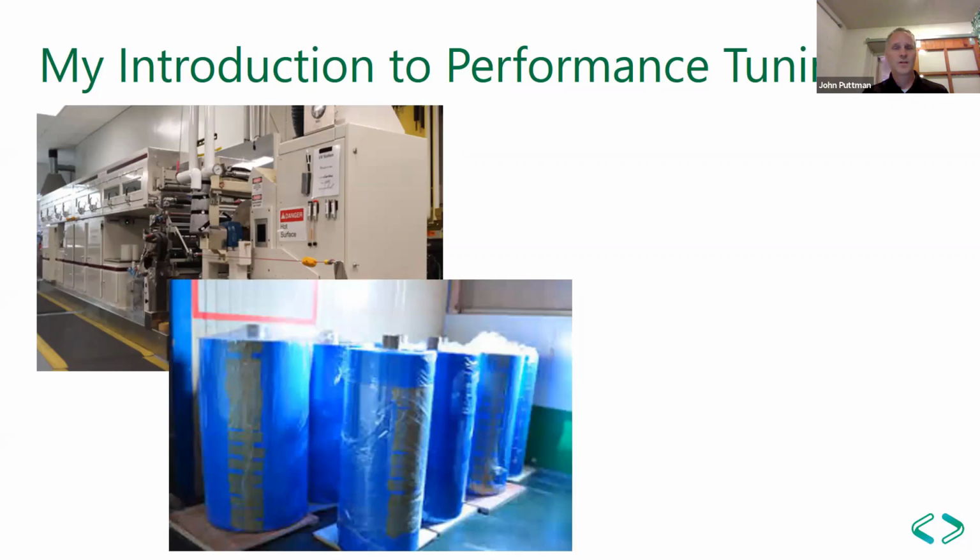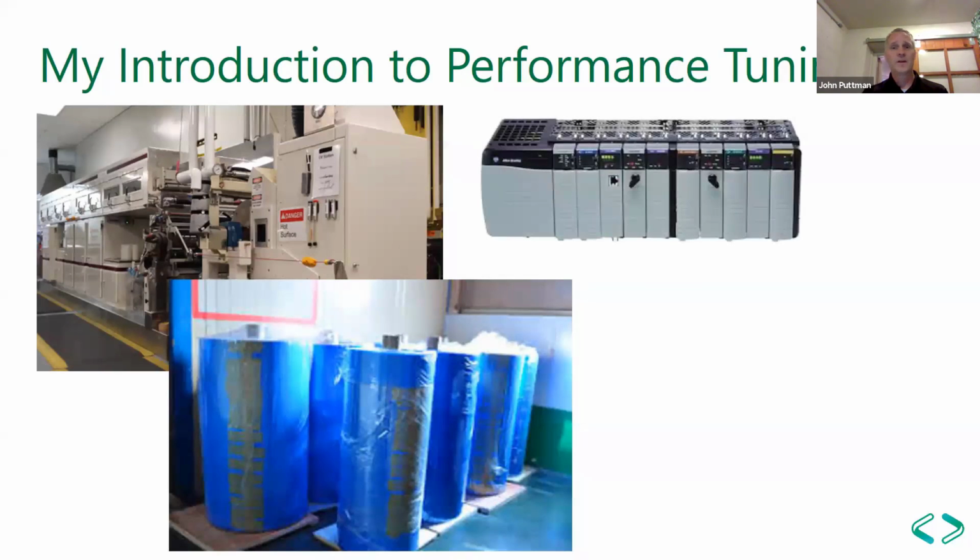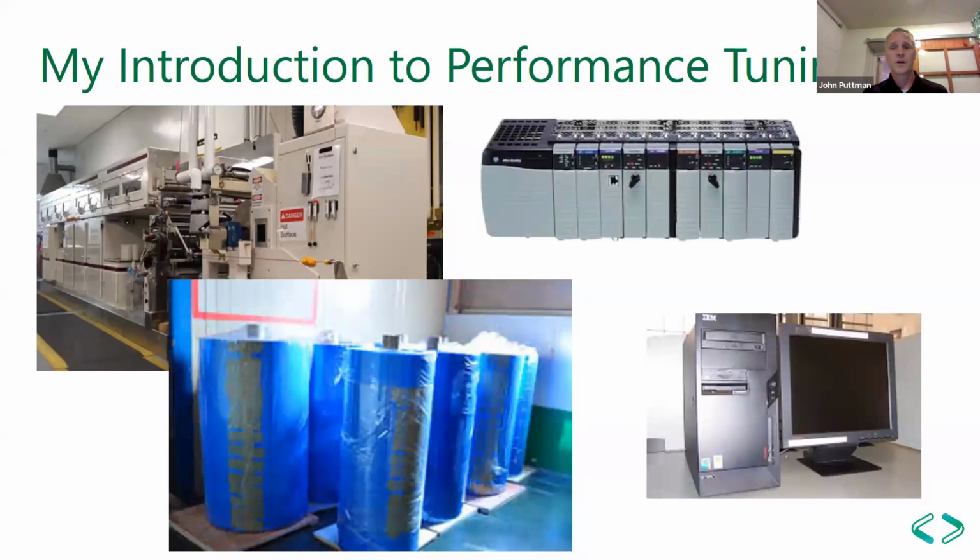And they come in two colors, a blue color and kind of a clear color. And the challenge is that if you put them on the coder and you had the wrong color, you could lose about $30,000 in production because you were putting the wrong coating on the wrong color. And so working in manufacturing there, we had PLCs that were controlling the machines, and then we had computers,